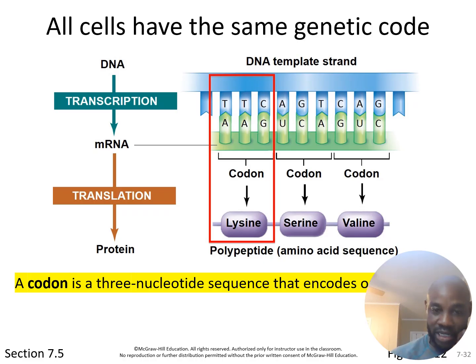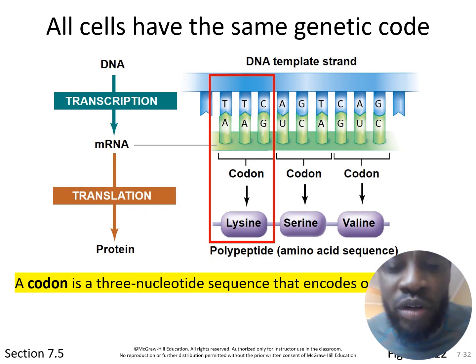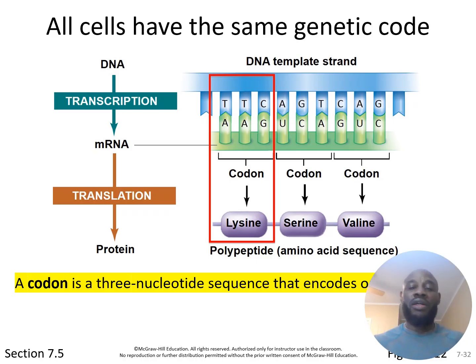So we take that, we're going to use that genetic code that was originally from the DNA and code it into, every 3 nucleotides,